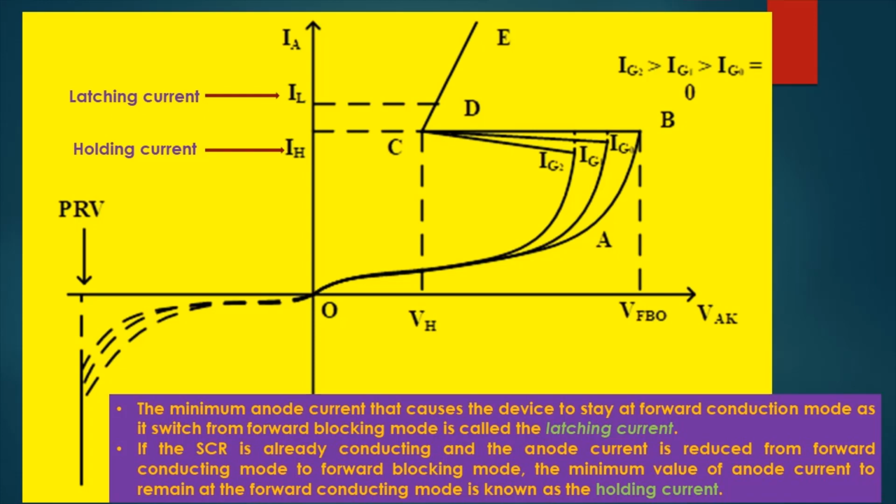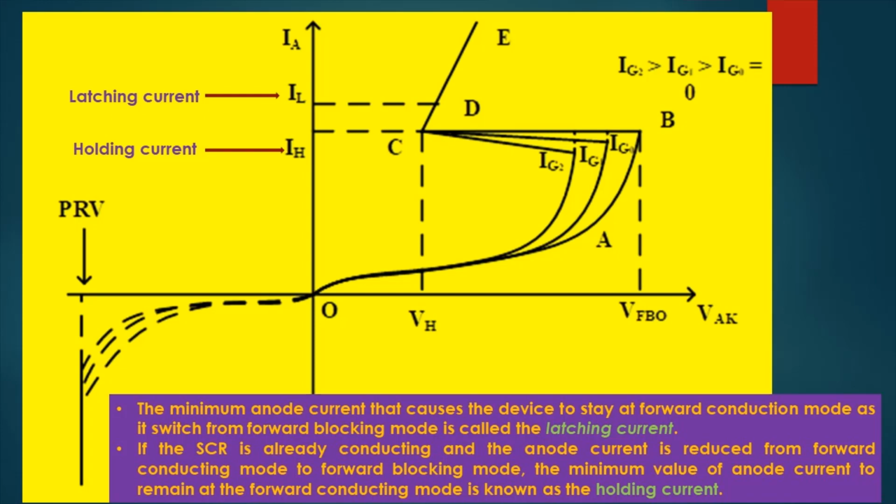Now we should understand this latching current is the minimal current by which the thyristor will go to the conducting region. Below this, the thyristor will not conduct. So this is the latching current, and this, oh sorry, is the holding current, IH it is called. So the holding current, this is the latching current and this is the holding current. What is the holding current? Holding current is the minimal current below which the thyristor will turn off.